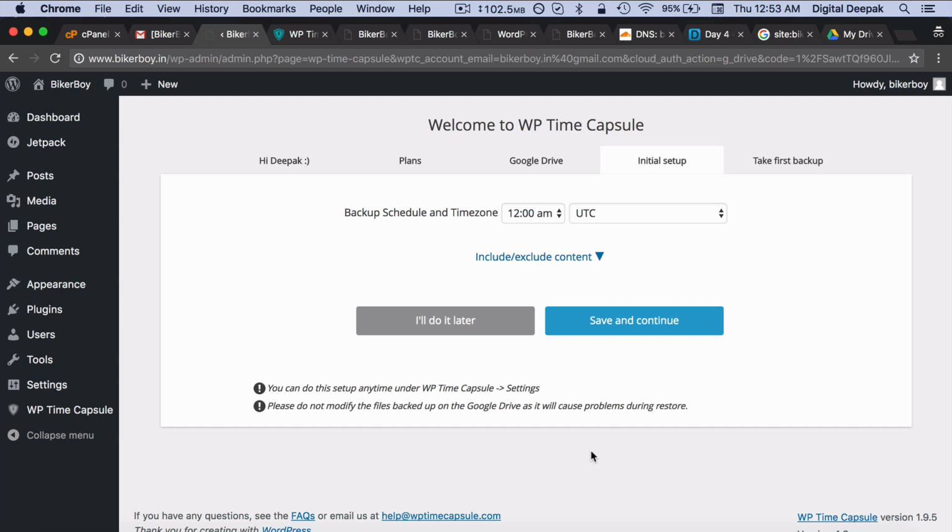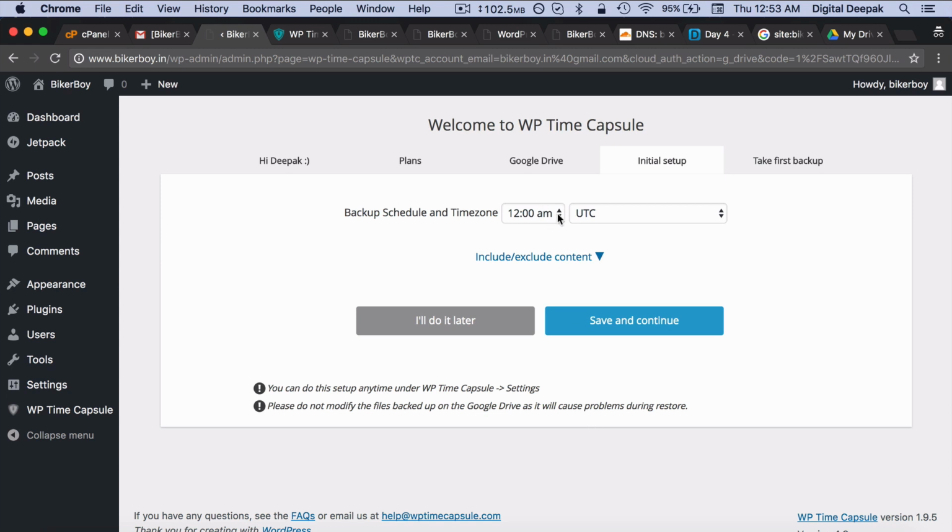So whenever you lose your website because the server goes down or the server crashes or something like that, you will have a backup of your files inside your Google Drive, which you can take and put on another server. And once you put it on another server, then you can point your A record to the new server's IP address and your site will be up and running in no time.